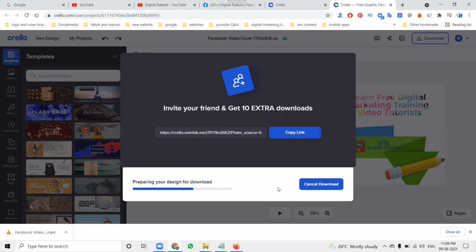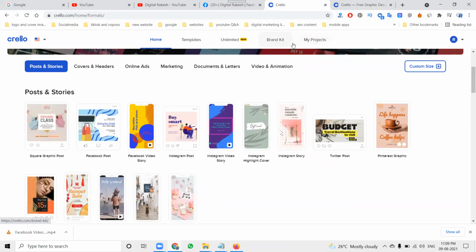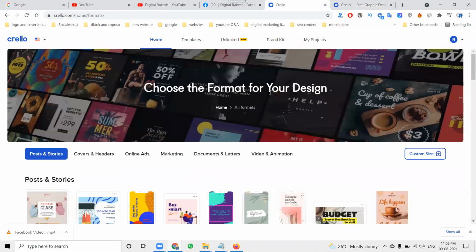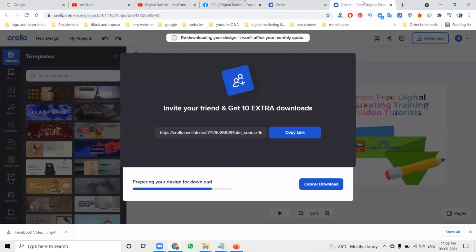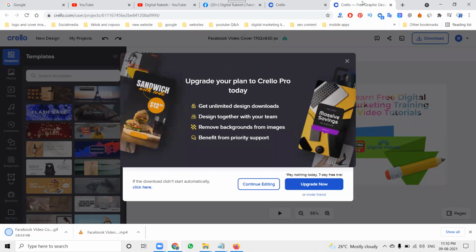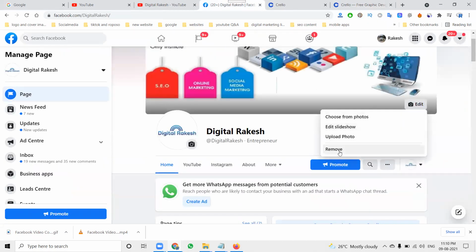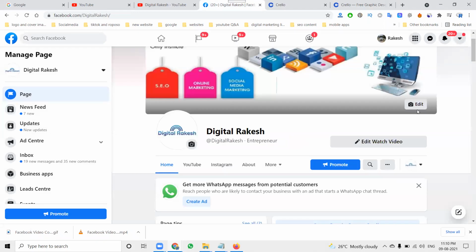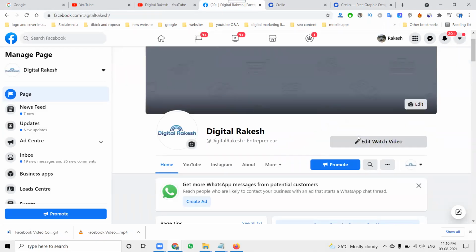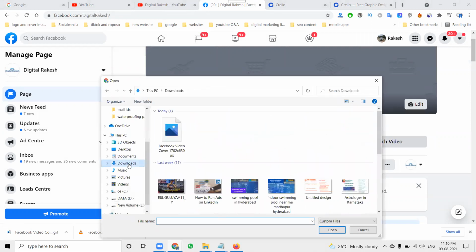This is not full or licensed. There will be a trial version. If you go to the price, it will be there. To go to the full version, we can purchase the full version also. Same like how to use Canva, same like we're using the Crello.com website. It is a complete online platform to design images and videos for social media and YouTube thumbnail purposes. Now click here, select this one here, remove this feature, upload here, upload this, go to download.